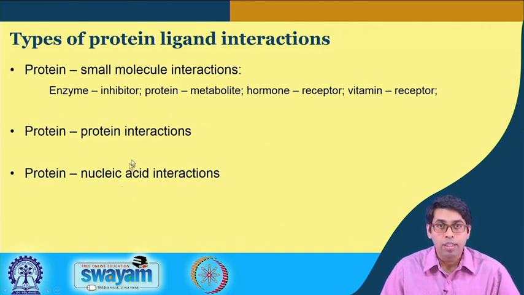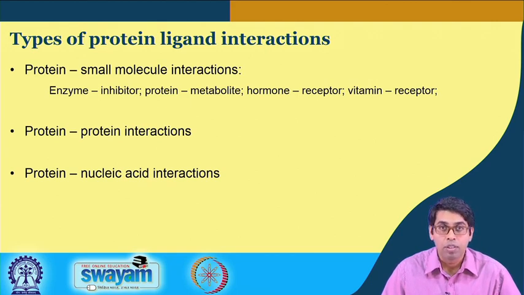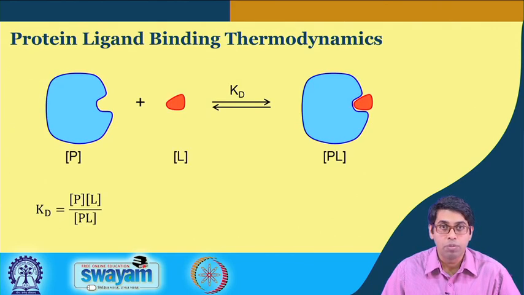An important point to clarify here is that depending on the type of interaction, you will choose the experimental method that can give you the best information about that type of interaction. One experiment that I will talk to you about today can be used specifically for protein nucleic acid interactions. It is a very versatile experiment, but it cannot be used for protein small molecule interactions. So, every technique has its limitations and also strengths, and you have to know about those so that you can judiciously choose the type of experiment you would want to use.